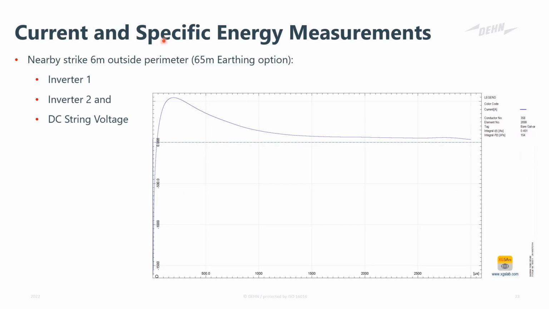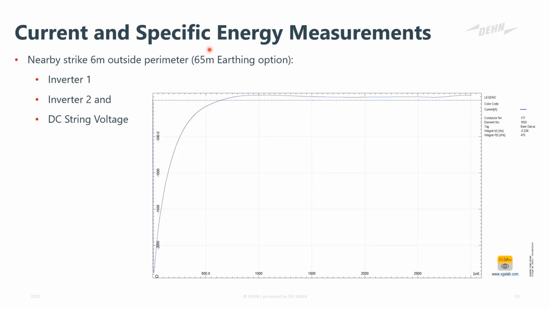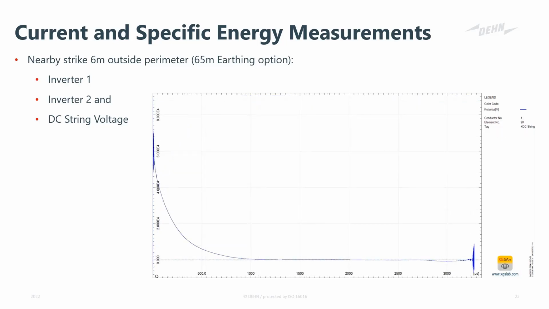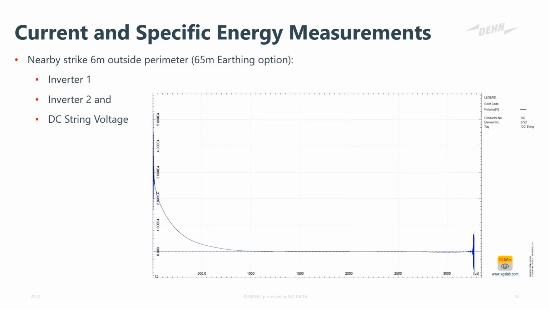This is for the 65 meter earthing option. At inverter 2, it's 475 amp squared seconds further away. The value is a little higher. I believe it's because there's more earthing concentrated that way, which maybe forces lightning current to go into that direction. And then lastly, the PV string voltages are also very high, around 90 and 60 kilovolts between the two DC